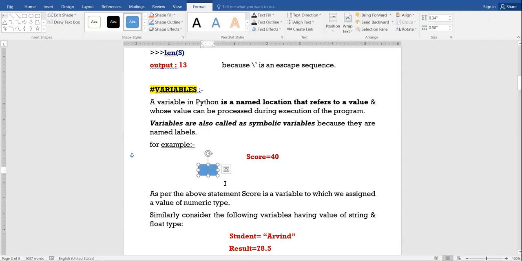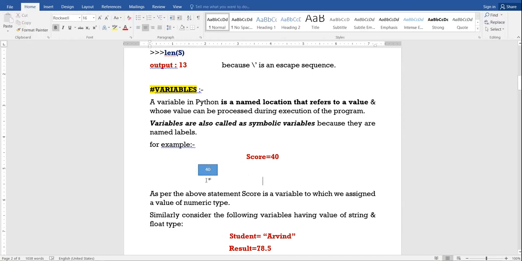And I am assigning one value 40 and I am giving it a name score. ये मेरी एक लोकेशन है जिसकी वैल्यू 40 है और मैंने उसको नाम दे दिया score. Right? Now in the memory, it has some address also. I am giving address 2048. ये मेरा assumed एड्रेस है. इंटरनल एड्रेसेस तो कुछ और होते हैं, ये मेरा assumed एड्रेस है.